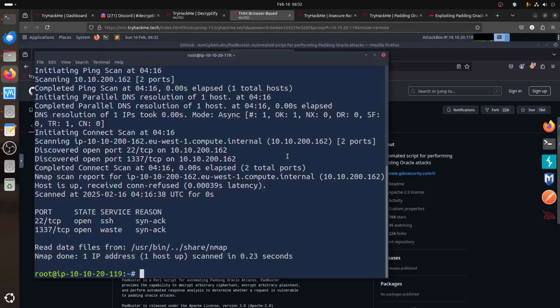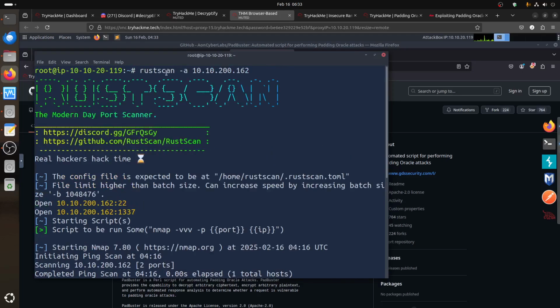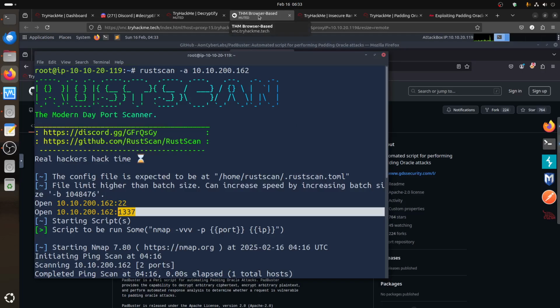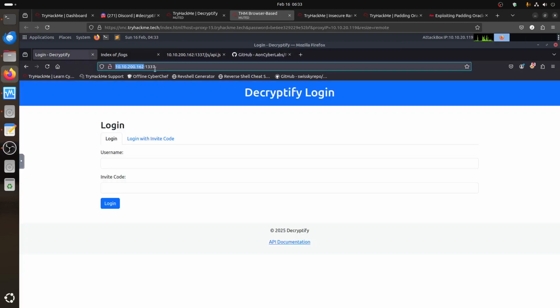If we start as usual, whenever you start a room, you do the scan. I always use Rustscan quickly to get an idea before using nmap. I can see there's SSH and another port, 1337. I don't need anything too fancy. If you go to 1337, you find